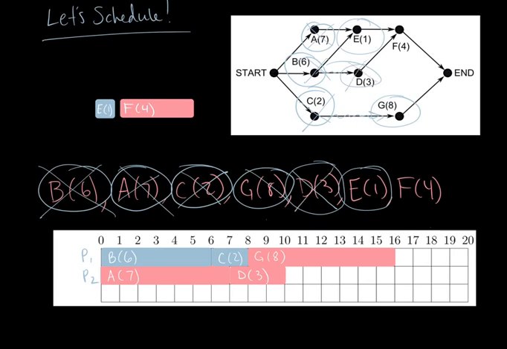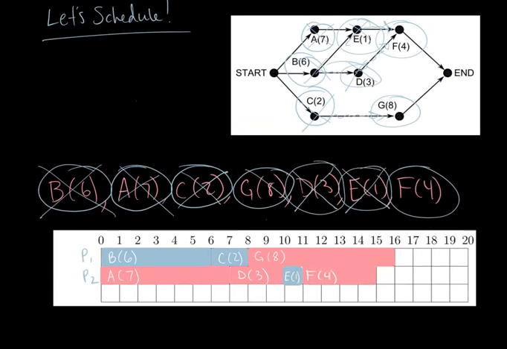Go to the digraph. D finishing doesn't open up F because we need E to be finished before F can be started, and this means that E is going to be the next task to schedule. So schedule E and indicate that we are working on E. E is going to finish up rather quickly. Go back to the digraph. Now that E and D are completed, F is available. Circle F, and it looks like F is the task we need to schedule next. Schedule F,